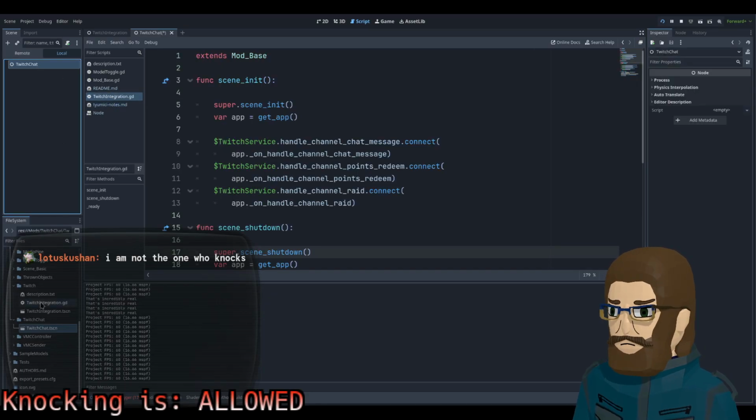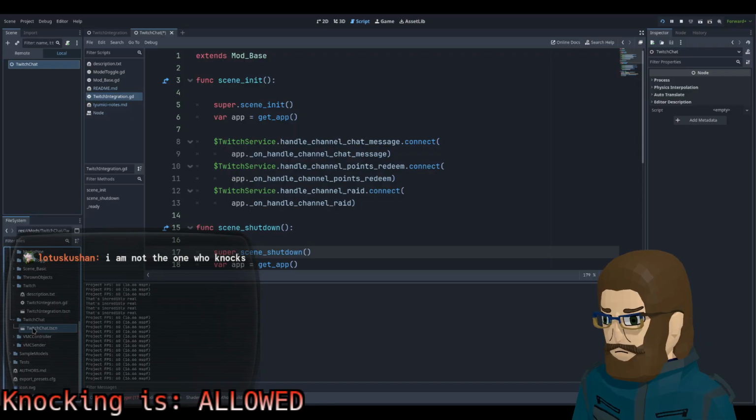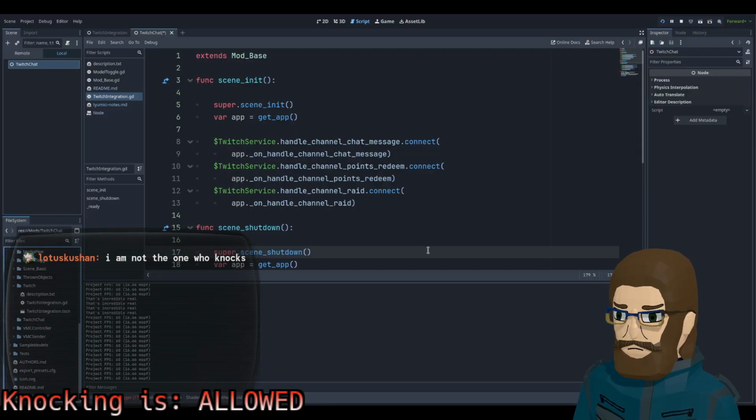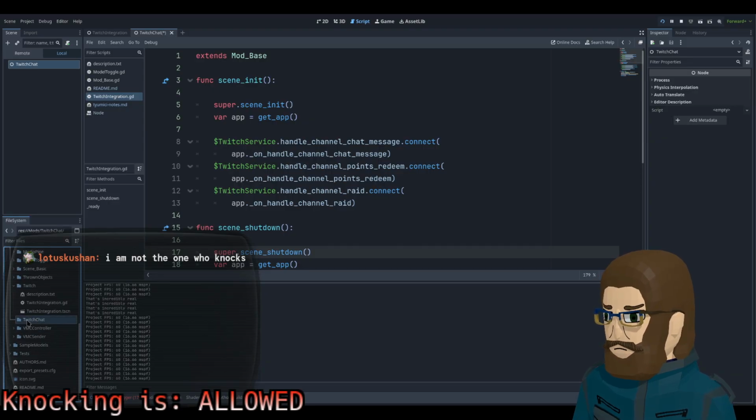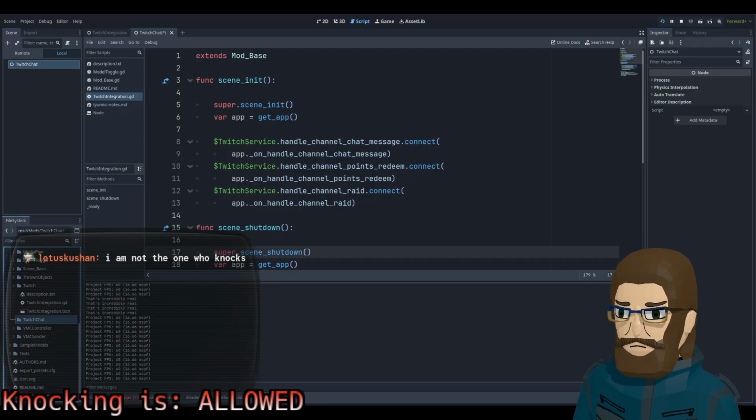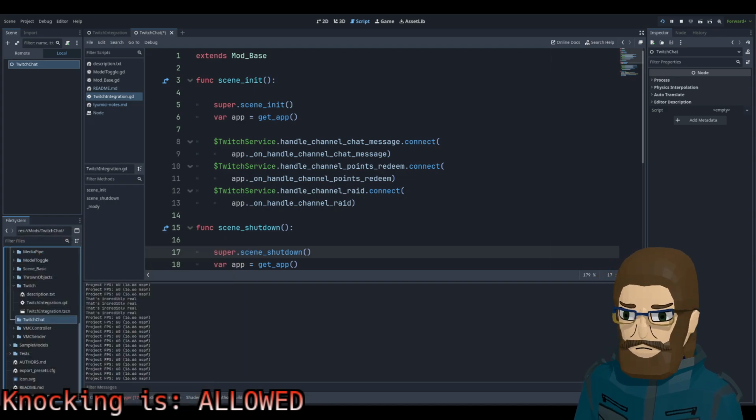Okay, what the heck? Do we need to kill this? I'm gonna kill this. Go away. Get out of here. Remove. Be gone. Okay. New scene. Twitch chat. I can never spell correctly. It's a node. And what can